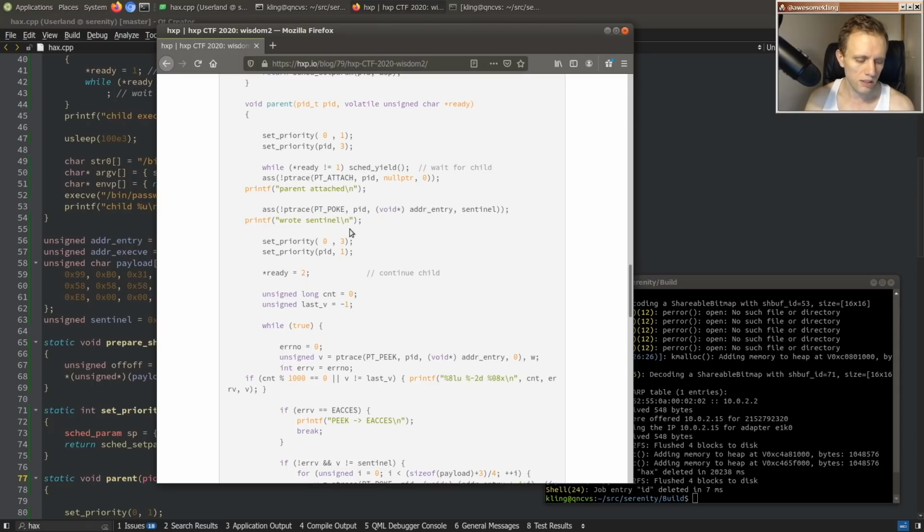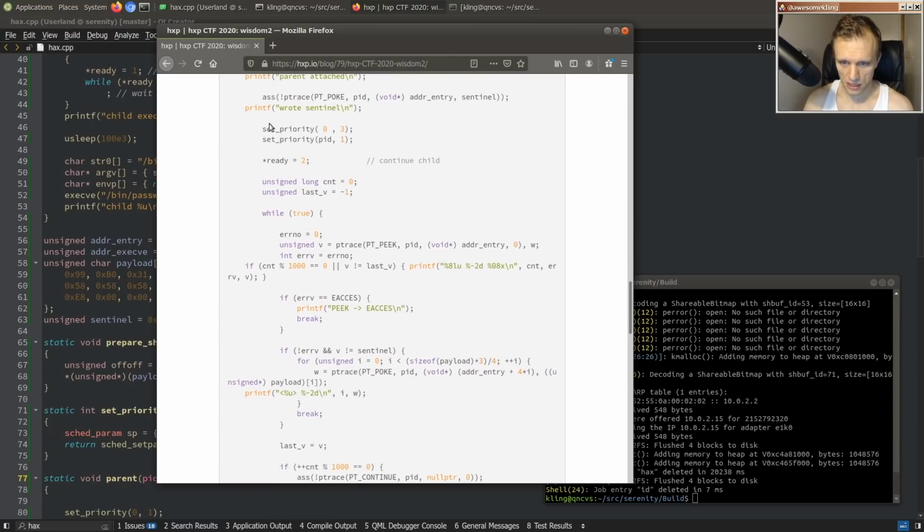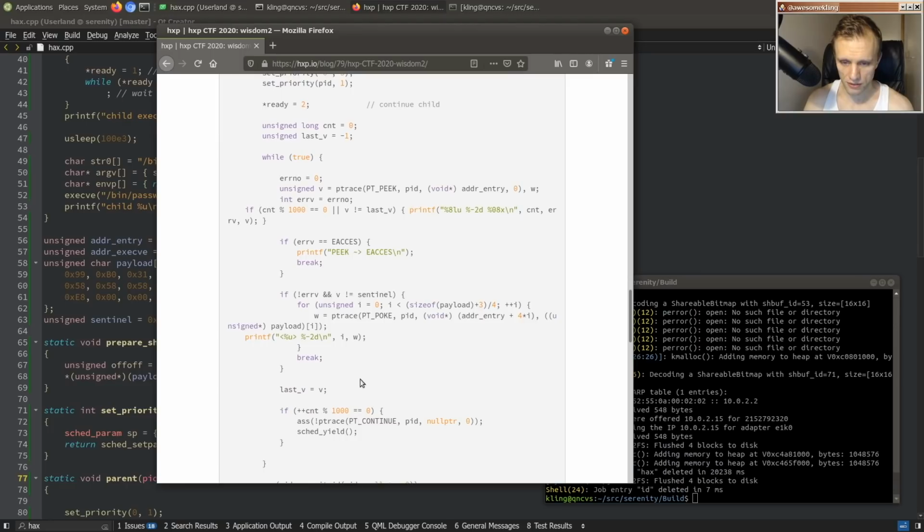So basically what he does is attach after we've loaded the password program, but before we have switched the UID and the GID of the password program to root. And because of that, attach is possible. Normally, you shouldn't be allowed to attach to a privileged process running as root if you're not root, right? But because of the race window, the attach succeeds, and then we can actually overwrite, in the child process, the piece of code that's about to be executed. So I think that's essentially what happens, and then after that,